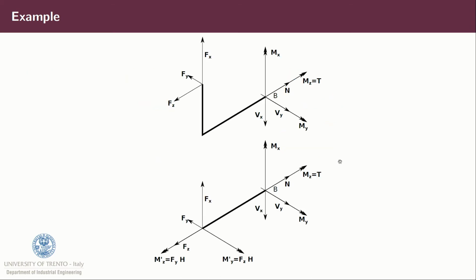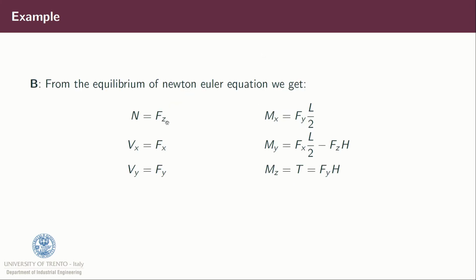We can also do this at the M position and decompose the system in this way or in this way, if we want to transpose the forces from this position to the elbow of the L-shaped beam, introducing some additional moments because we transport the forces down. At the end, we can find that trivially the normal force is equal to Fz, the shear force along x is equal to Fx, the shear force along y is equal to Fy, and